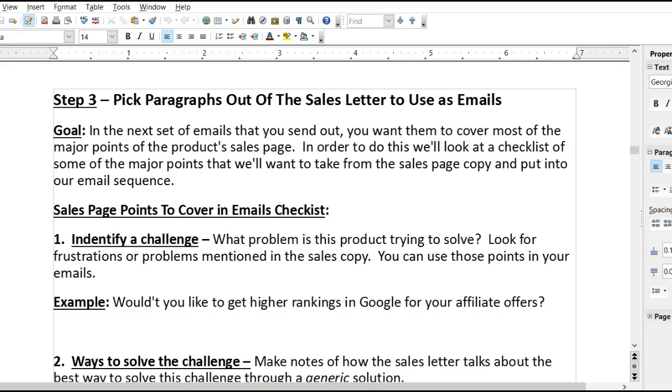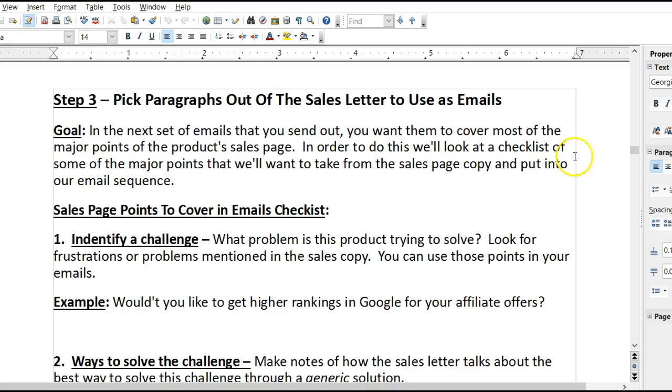And so you may be wondering exactly what are you looking for in a sales letter? What is it that you're trying to figure out? Well, when you look at a sales letter, what you want to do is pick out paragraphs to use to send out these emails. Okay, so the goal is in the next set of emails that you send out, you want to cover most of the major points of the product sales page. So in order to do this, we basically have a checklist of some of the major points that we'll want to take from the sales page copy and put into our email sequence. Okay, so for example,